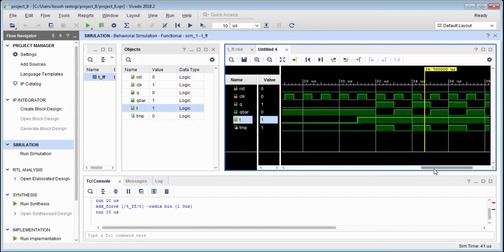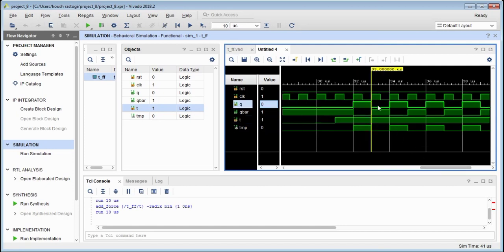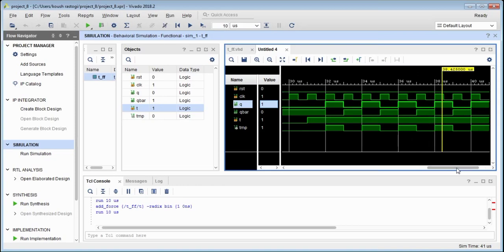So as you can see, on every positive edge of the clock pulse, your output Q is toggling. So it will toggle from 1 to 0, then 0 to 1, 1 to 0, and so on. As long as T is equal to 1, your output will toggle from 0 to 1 and from 1 to 0. So this is all